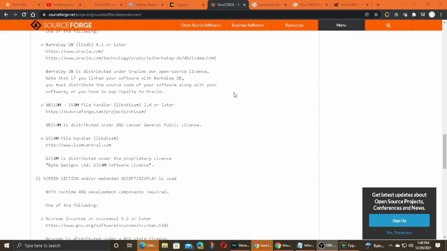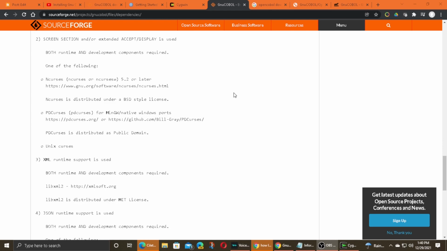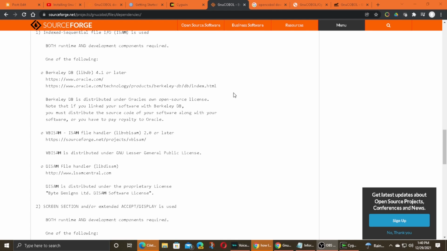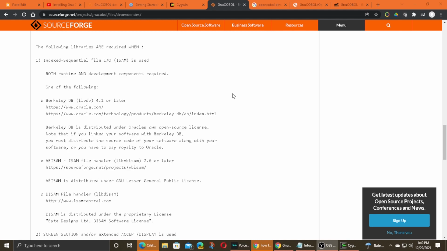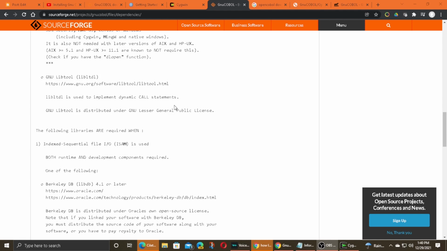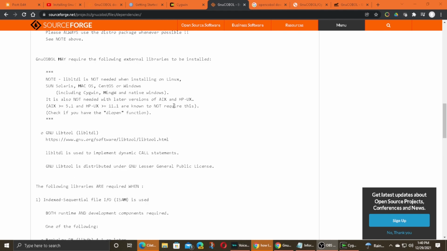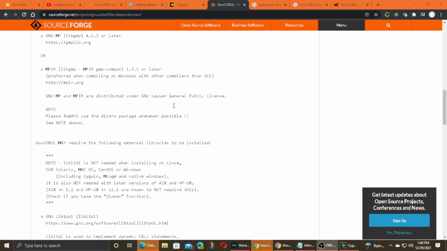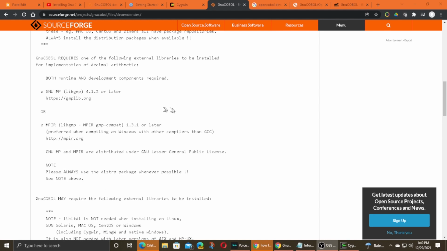Usually if you're installing GNU COBOL on a Linux box, you don't have to install all the requirements, they're already there. So this is just additional packages that you want to consider. Well, actually, that you have to install to install GNU COBOL. For my purposes,